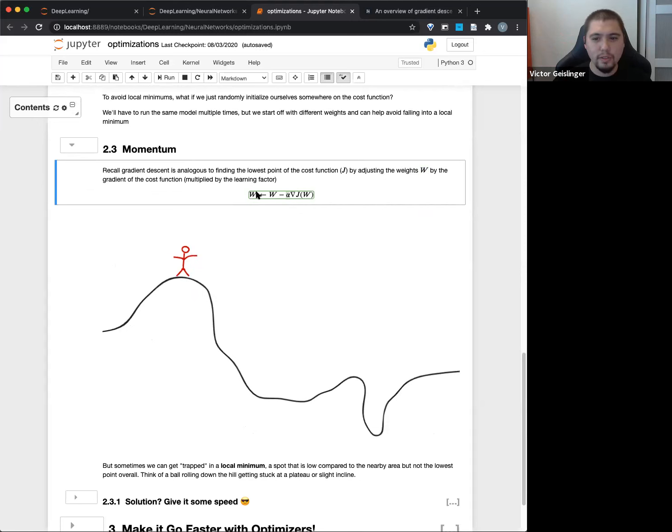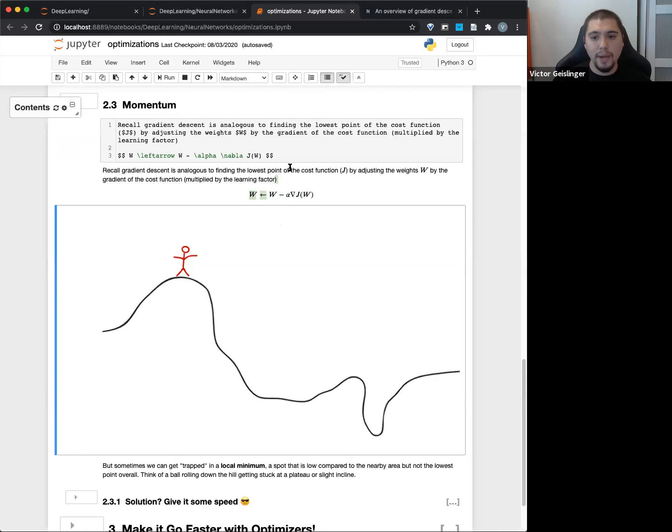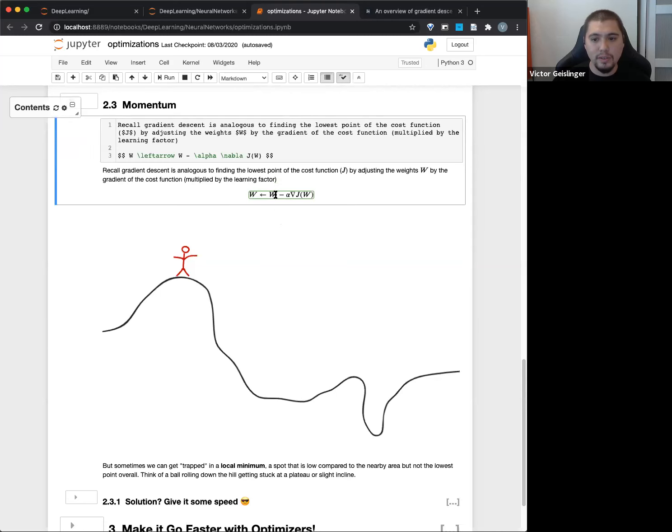So this little equation right here, which you'll see sometimes, the way you read this is that this W and this arrow right here just means updated, so you can think of it like equals, like we've been doing in programming. But basically we're going to set this W, which is a vector of all weights, by setting it to the original weights minus some step size alpha times the gradient of the cost function for that weight value. Does that make sense?